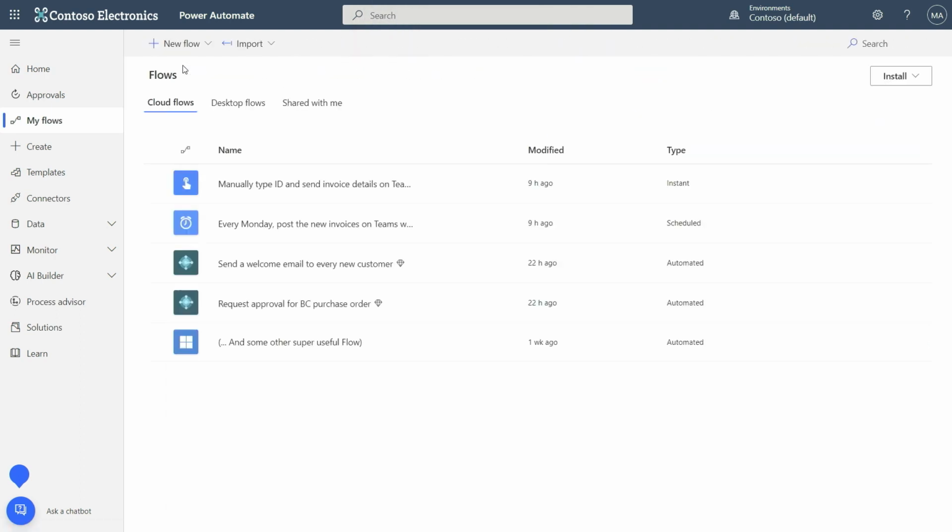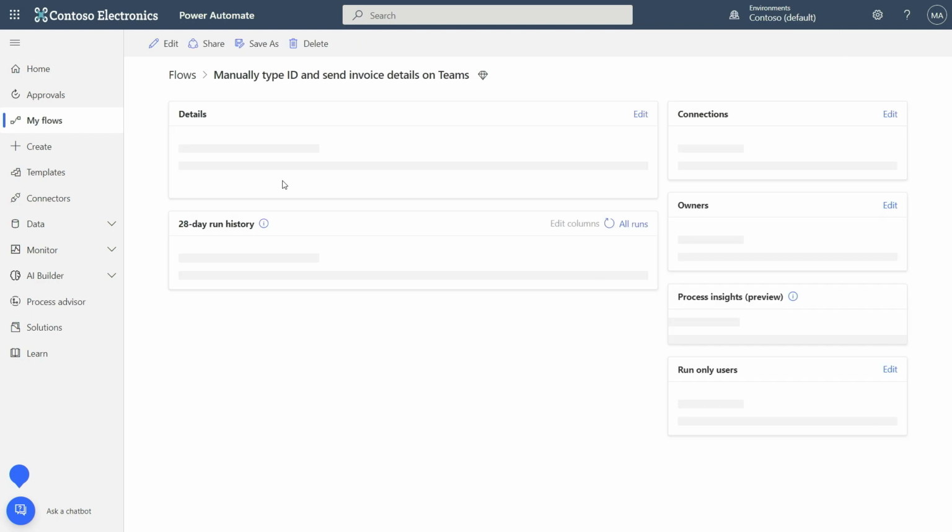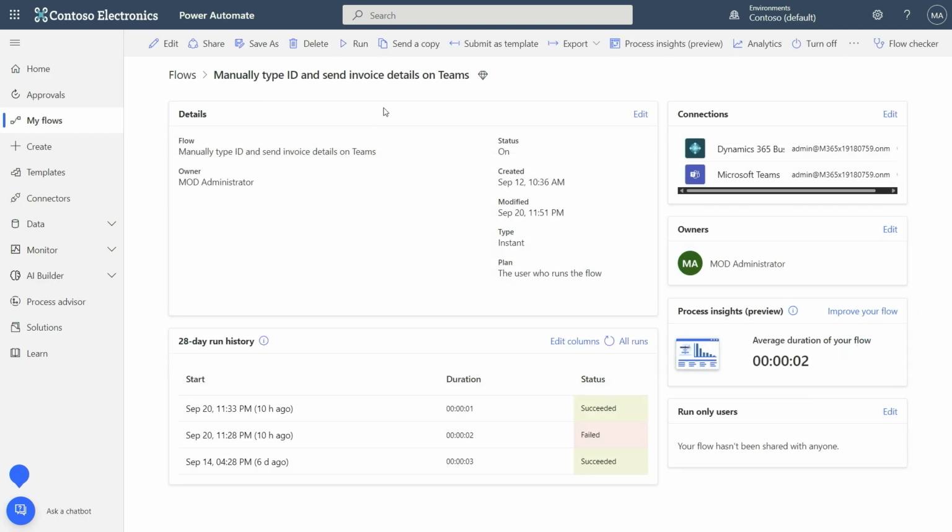I will go back to Power Automate and show you another flow. And this time, I'll talk about how to get the flow to show up in the Business Central UI. So I have here a very old flow that I created maybe 1 or 2 years ago. And here I want to just get some invoice details and send them on Teams, maybe because an invoice just